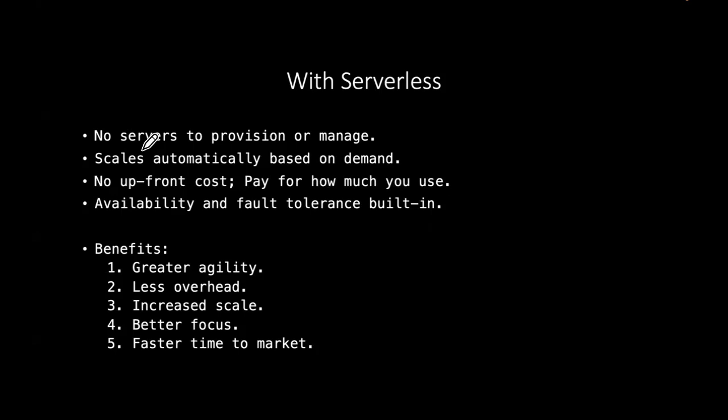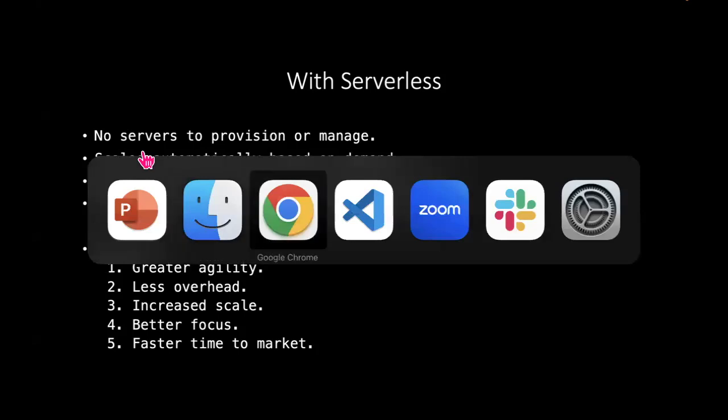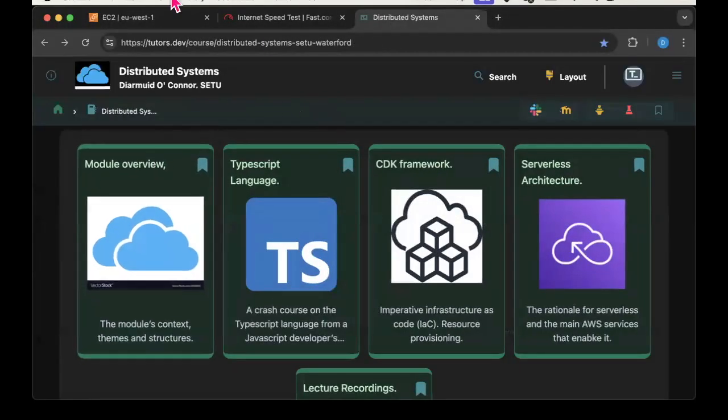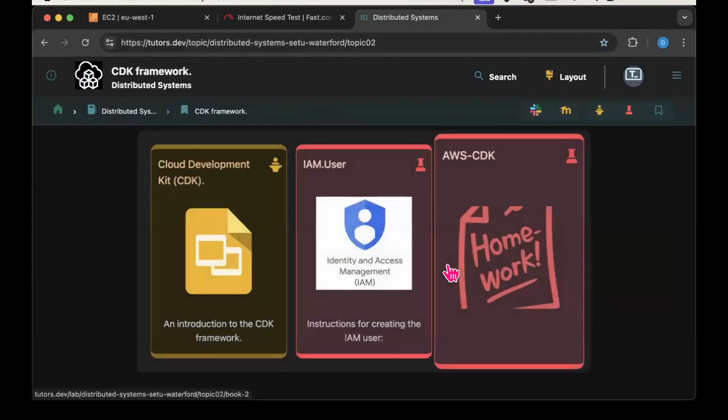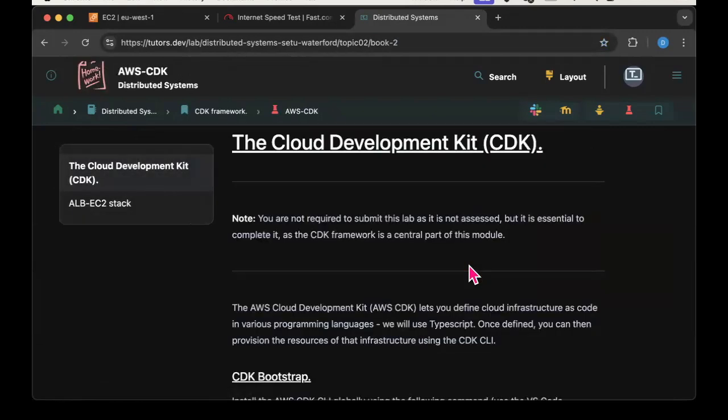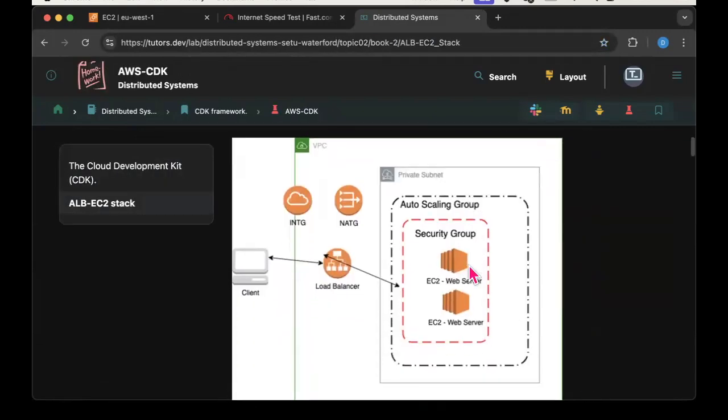And scalability, that actually relates back to the lab, the CDK lab. Sorry, now if I might just flick back to that. In the CDK lab, this lab here now, is not based on the serverless model. It's based on the old traditional model, the server-oriented one, if you might call it that, where we decided we need to have two EC2 instances running our web API, and we need to have an application load balancer in front of those.